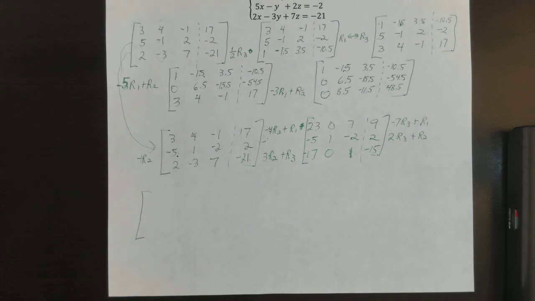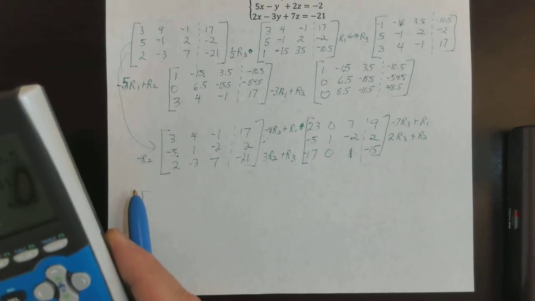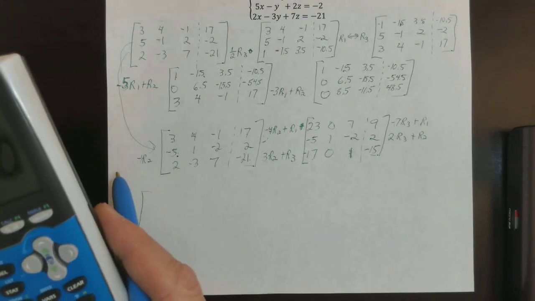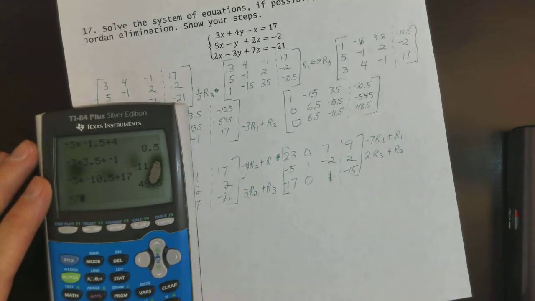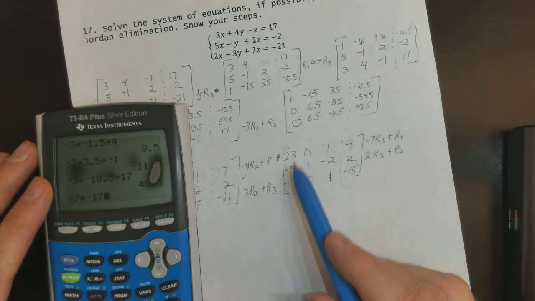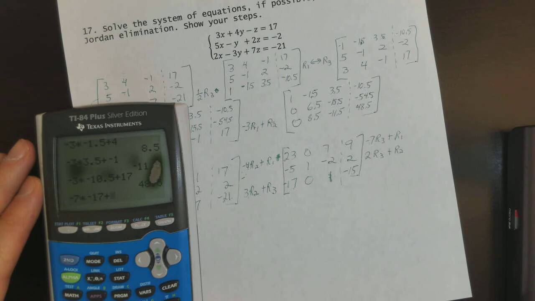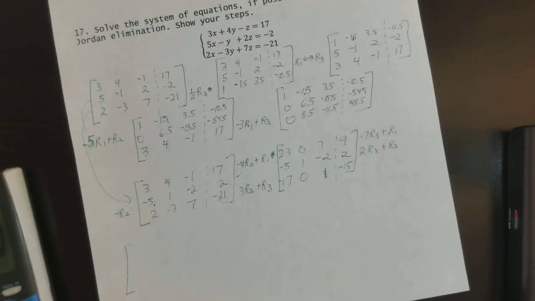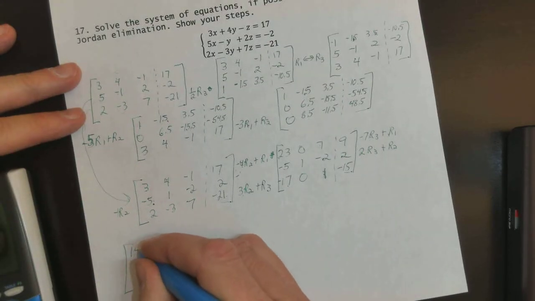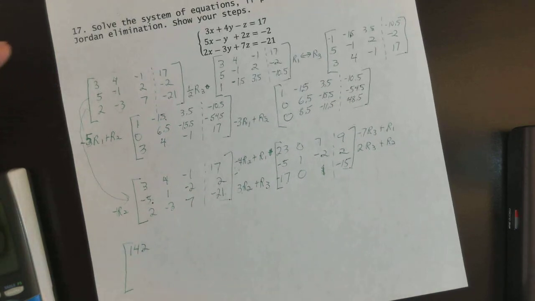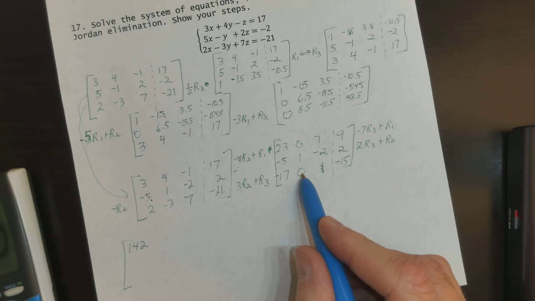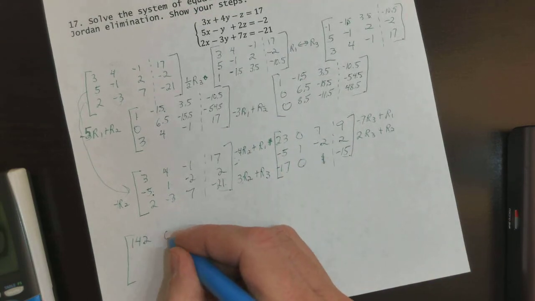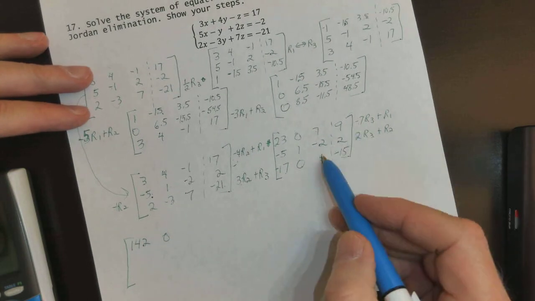Negative 7 times negative 17 plus 23. 142. All right. Negative 7 times 0 plus 0 is 0. Negative 7 times 1